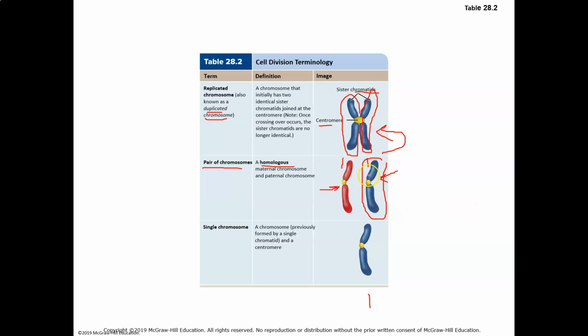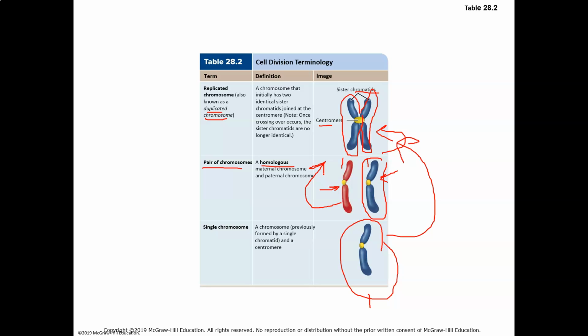So if you started with this chromosome, or, same thing here, this one, if I double that one, I get that. Oh, that's a terrible arrow. I get that. I'm going to do the same thing. It doesn't show you that, but here I'm going to double this red one too. I'm going to get the same thing. I'm going to get 2 red ones connected together, and we're going to call them sister chromatids. And the sister part has nothing to do with whether they come from male or female cells. Has nothing to do with it. It's just because they are exactly the same.